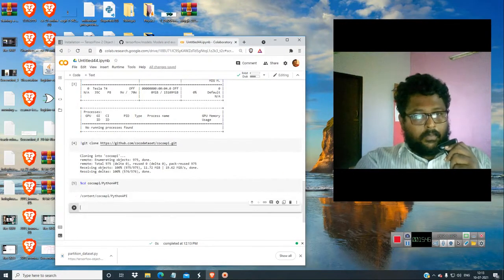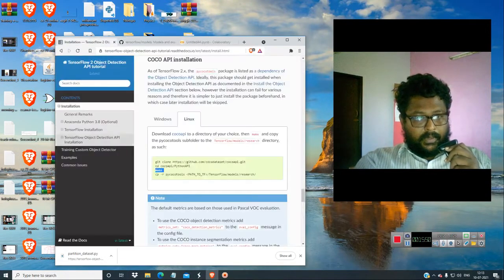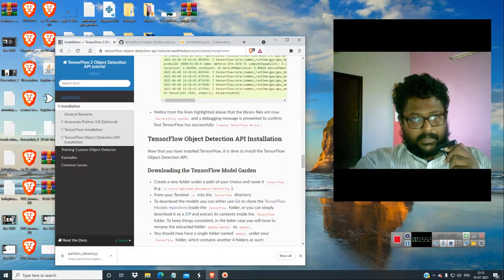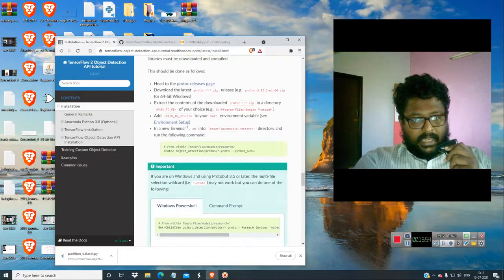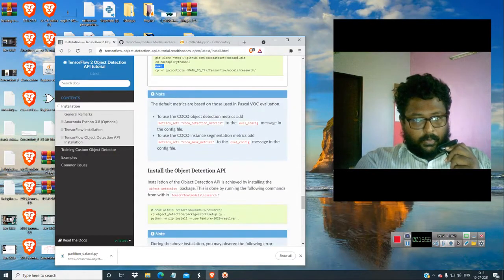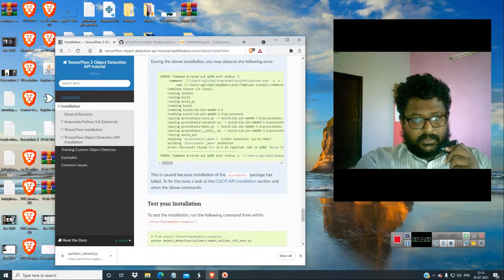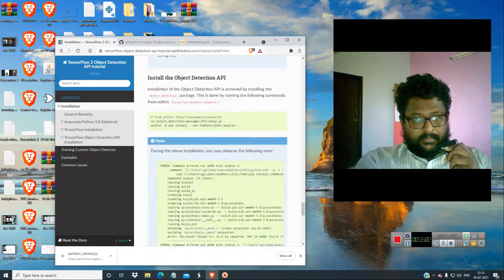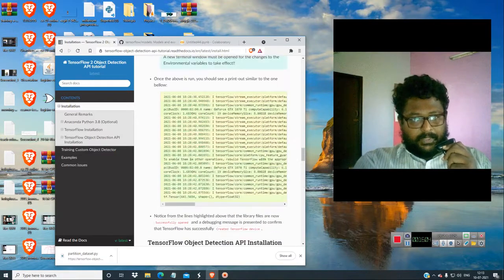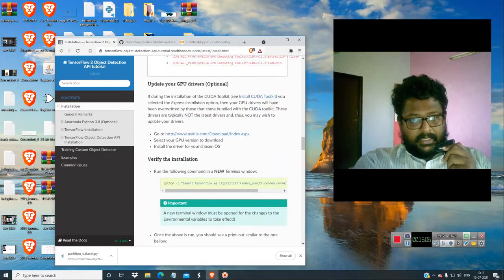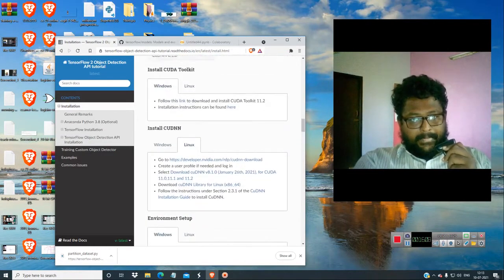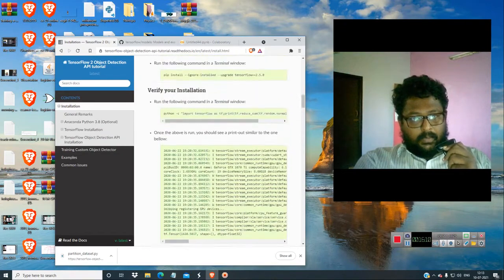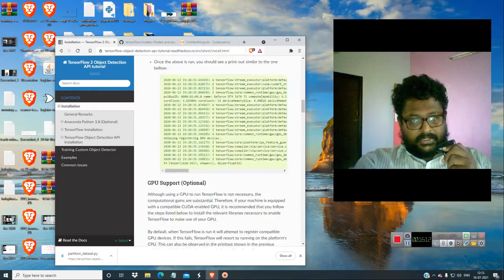Now what we have done is we have left out some steps. I think after the COCO API, the protobuf, Python install and TF2 steps come. We have made a big mistake: we have to download models.research.